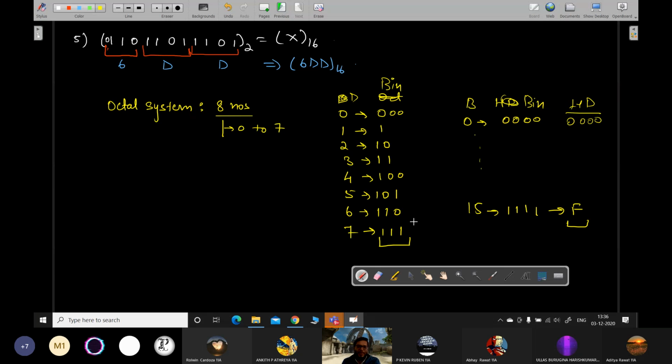So in order to accommodate minimum 0 and maximum 15, you need 4 digits, from 4 times 0 to 4 times 1. So therefore we do groups of 4 in hexadecimal. ठीक है, समझ में आया तो ठीक है. If you have understood, it's good. If you have not understood, बस you remember the concept.